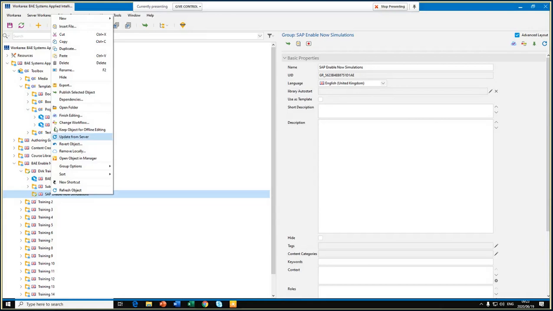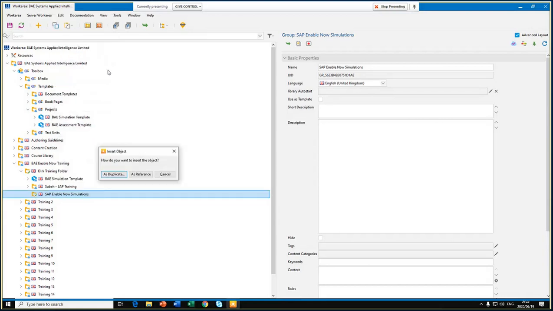Okay, so I'm going to hit paste, and Enable Now will ask me if I would like to insert this object as a duplicate or as a reference. Okay, so there's quite a big difference between a duplicate and a reference. I'll start with the easy one, a duplicate. A duplicate is a copy of that template, and it's a standalone object. So it means that you can customize or change that object. As a reference,